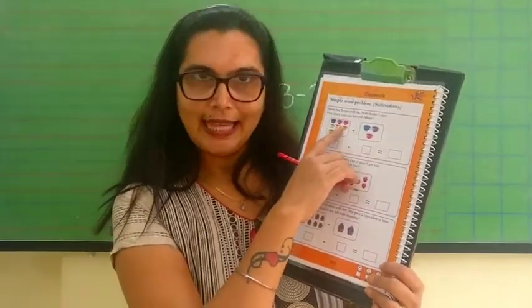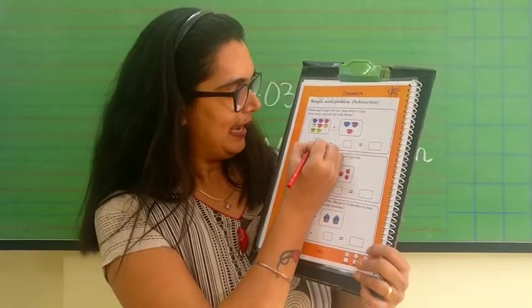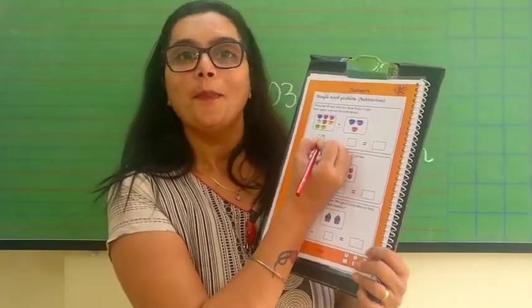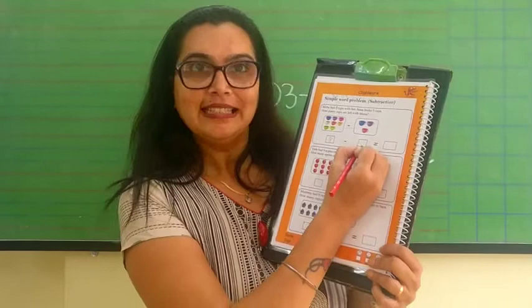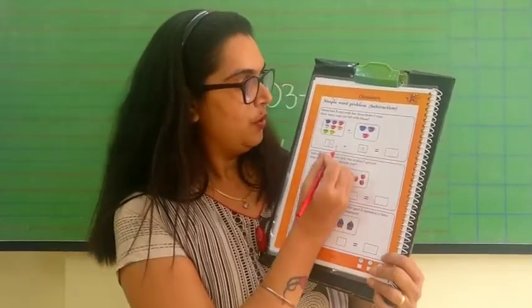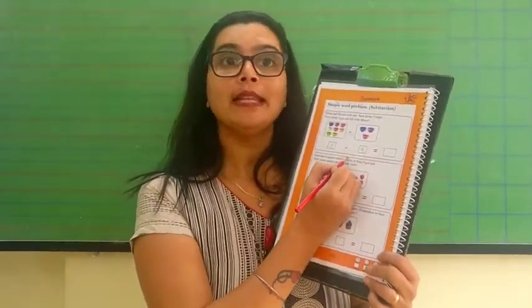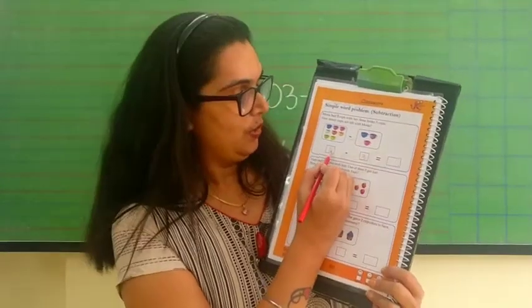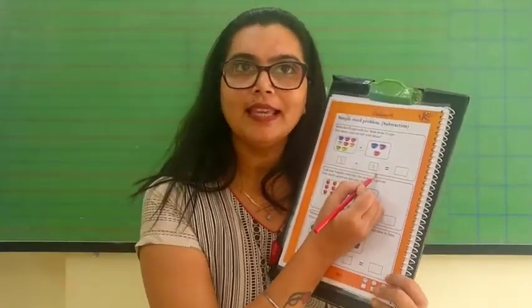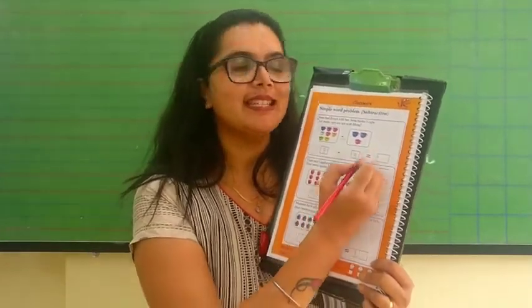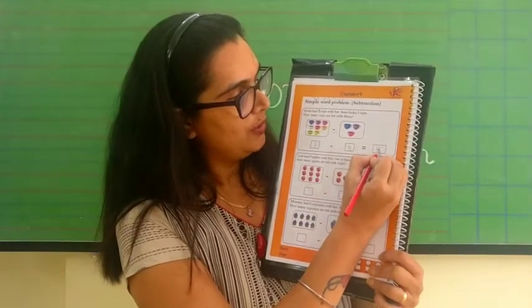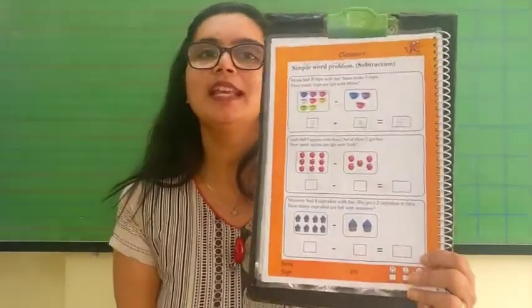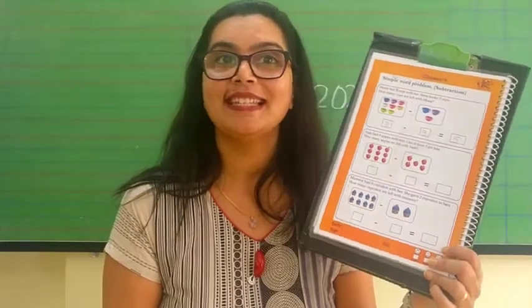Here there are 8 cups. So we are going to write 8 minus 3. So Mona had 8 cups minus, that is, Sona broke 3 cups is equal to how many cups left? So 8 minus 3 is 5. Yes children, 8 minus 3 is 5. So here we are going to write 8 minus 3 is equal to 5. Let's see the next sum.